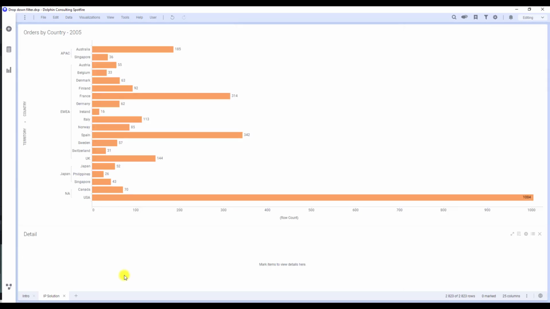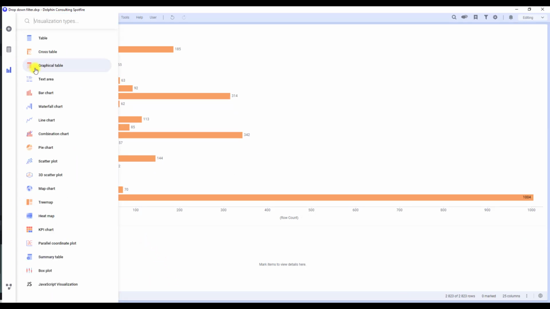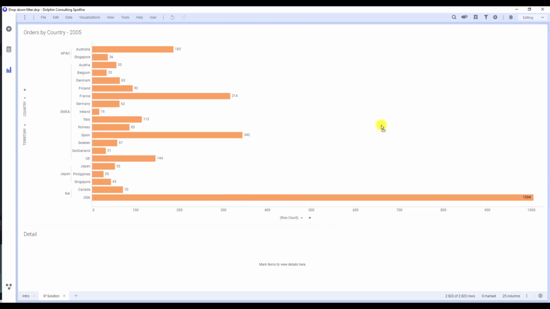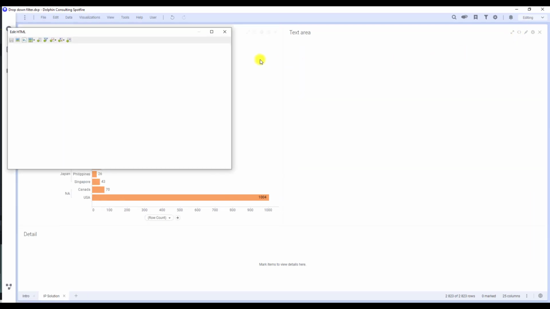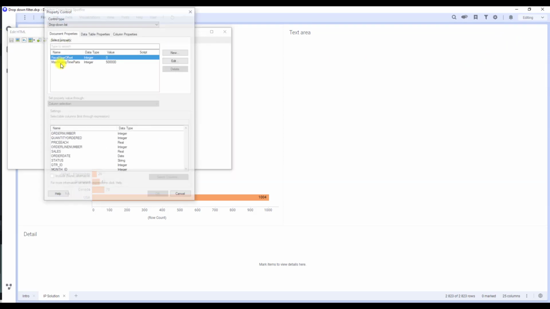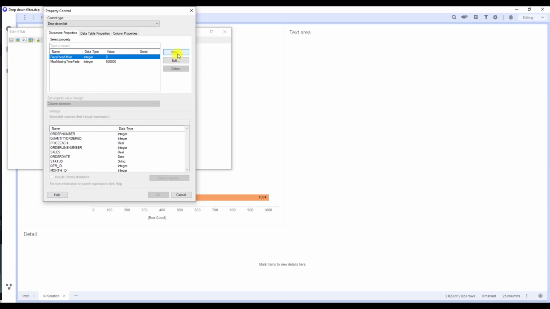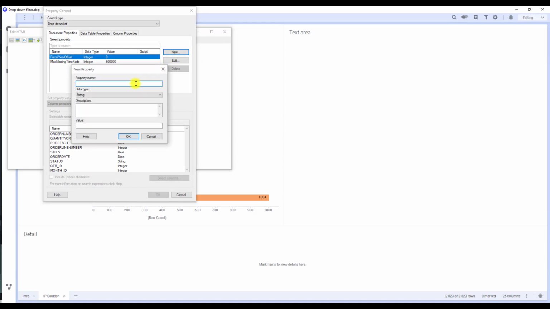At first, let me add a text area. Now I will add a property control, so insert property control and drop-down list. I will create a new document property called year. Data type will be integer and we need to give it some initial value, for instance